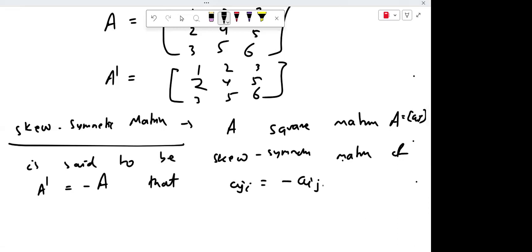If you transpose it, you will get the negative A matrix. Okay. This implies that we can say that